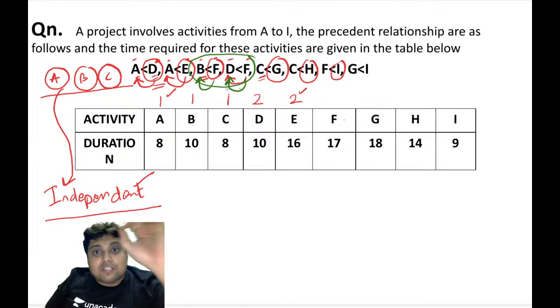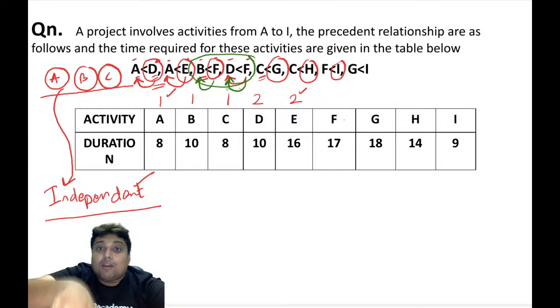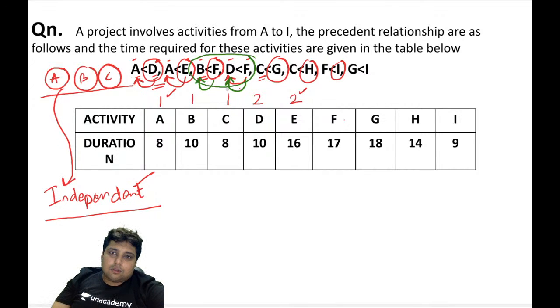So activity F depends on 2 activities, and only when both activities are complete can we initiate activity F. So what I am trying to say here is that activity F should be after B and D. If B is 1, D is 2, and activity F is after B and D, then it will be 3, my friends. Why? Because D is second, and after D it is 3, and B is 1, after B it is 2. So 1 and 2, after both of them, it is 3. I hope you get this point.